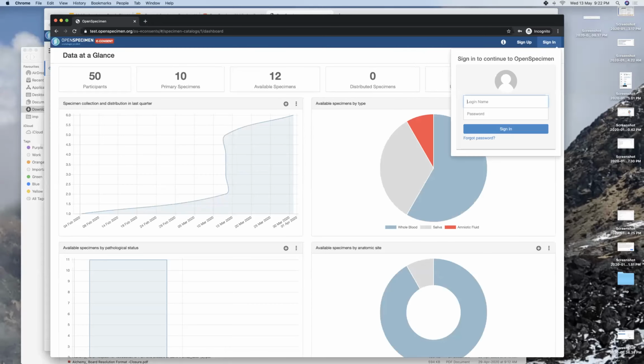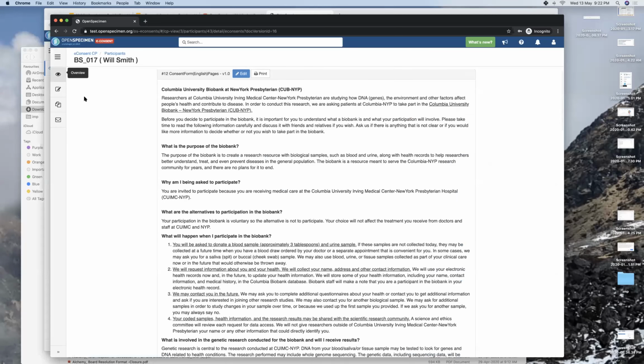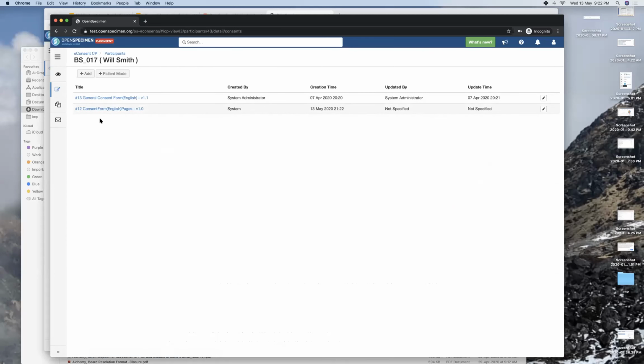This is kind of a safety for not allowing the patients to look at the rest of the system or the rest of the data in the system. So that is the patient mode that we were seeing. And now whatever the patient entered is visible in the system for the coordinator to look at. And now if they want to enter the witness data or witness signature, etc., they can do that.